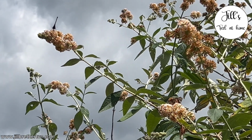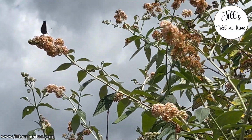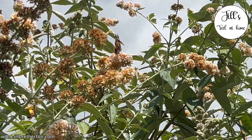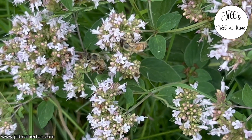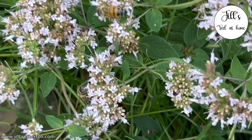I probably need at this point to get an expert in to tell me what all these bees are, because they're definitely not the same bees, and that's because I have a wide variety of pollinating plants that have attracted all sorts of bees into the garden. Number 2, this might surprise you, and I'm going to do a separate video on this plant